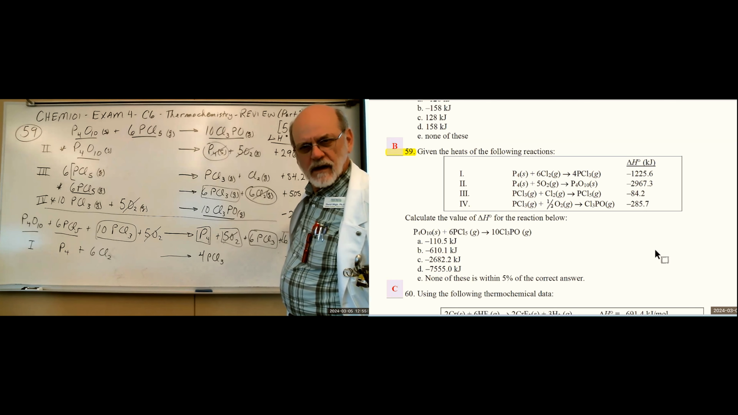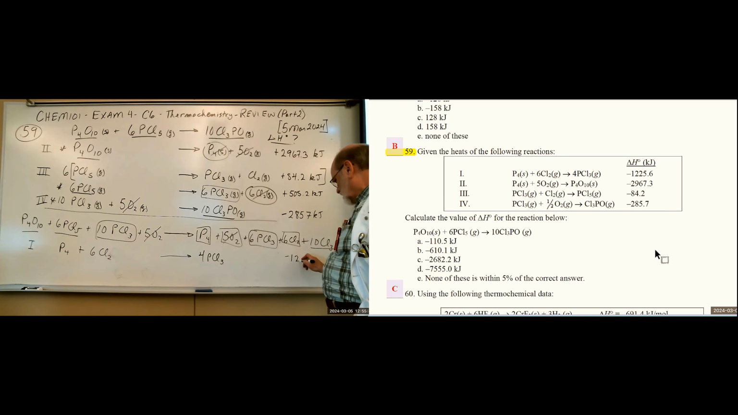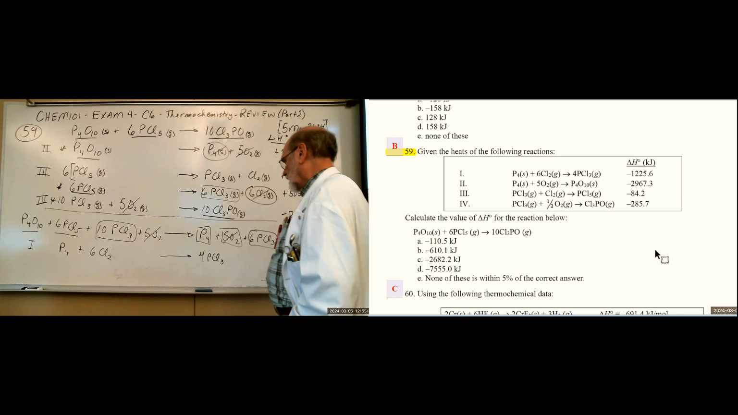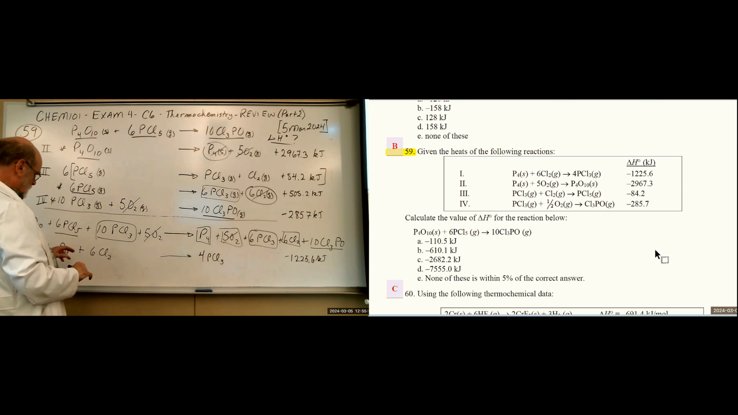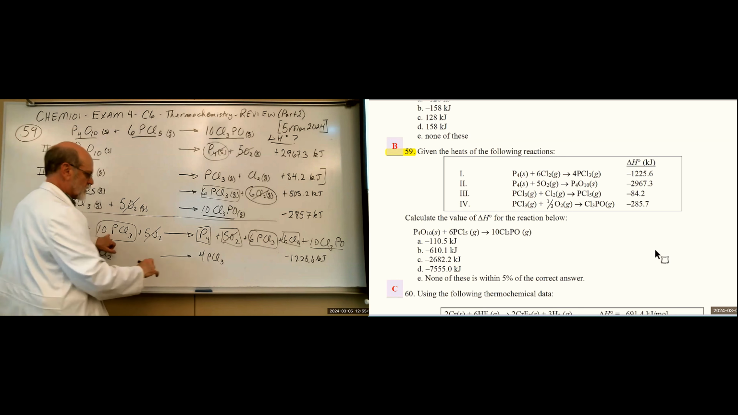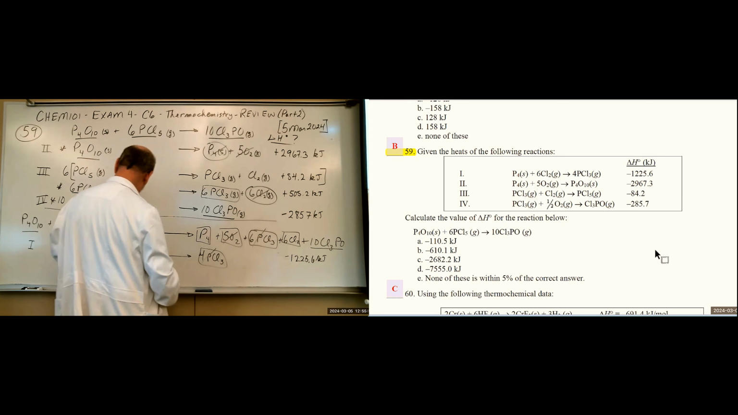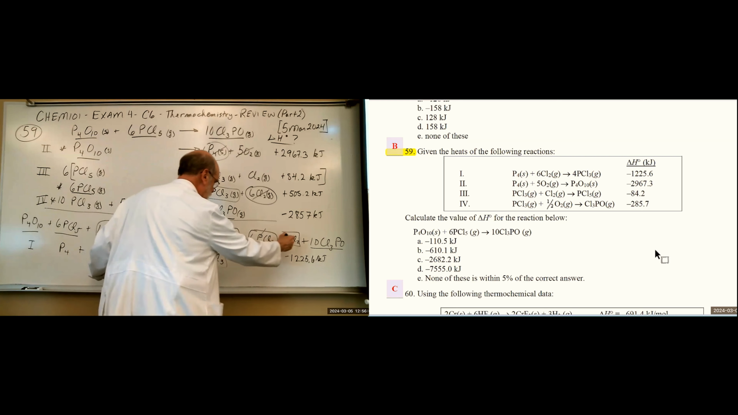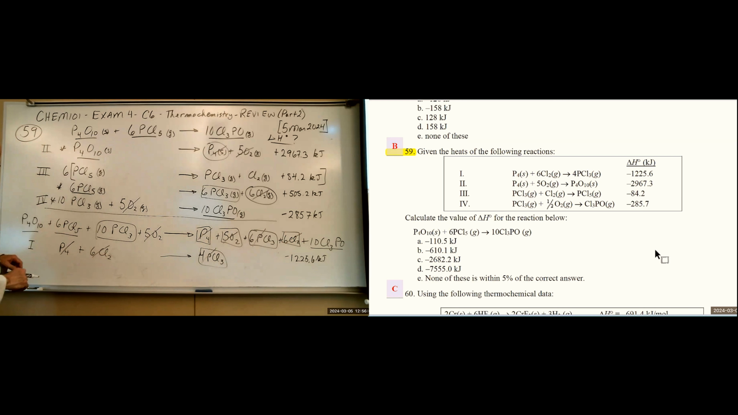The value of that was 4.6. Okay, now if we add these together, we've got 10 PCl3 here, we've got 4 plus 6 there. Those cancel. Cl2s cancel, and P4s cancel. There we go. So now we kept